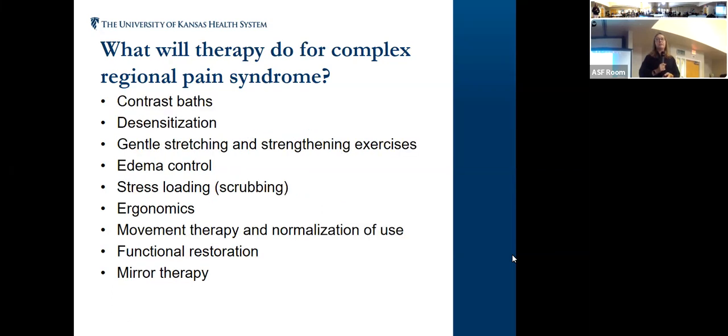So here are some things that a therapist might do for complex regional pain syndrome. Contrast is just putting the limb in warm water and then cold water and going back and forth. That shocking of the nerves actually sometimes helps with the pain. Desensitization, again, is that tapping, rubbing, massaging technique that we were talking about. Your therapist might help you do some gentle stretching and strengthening exercises,